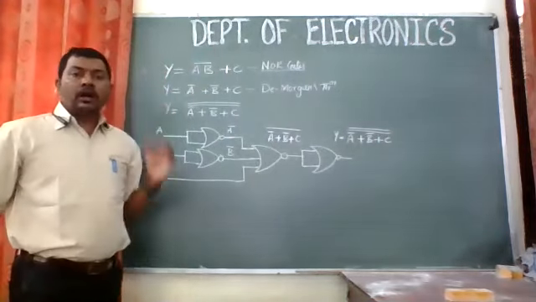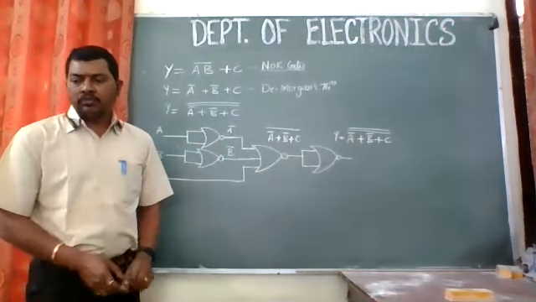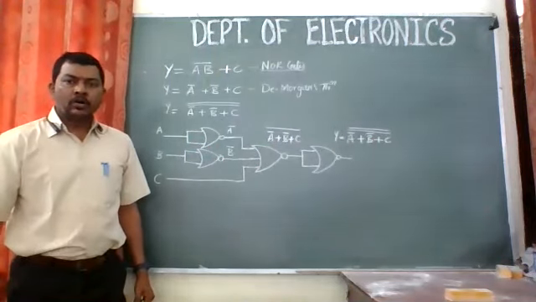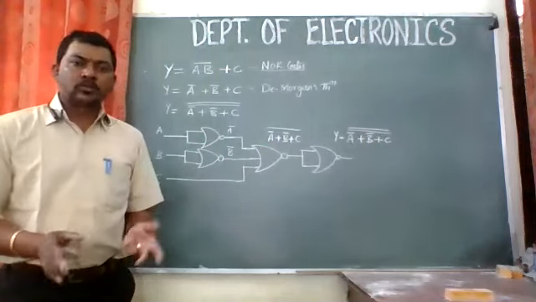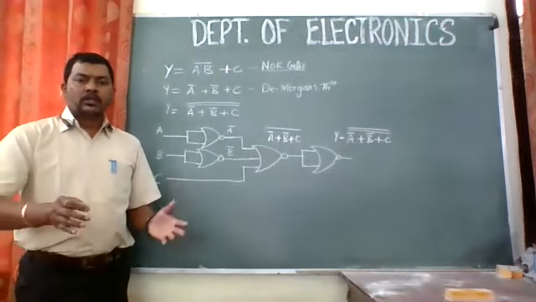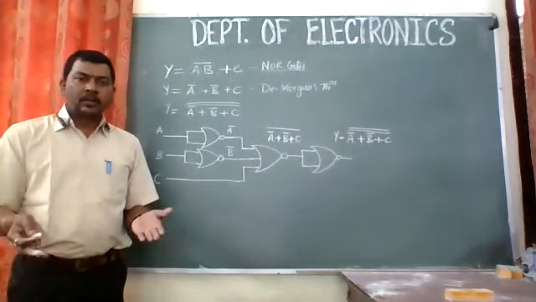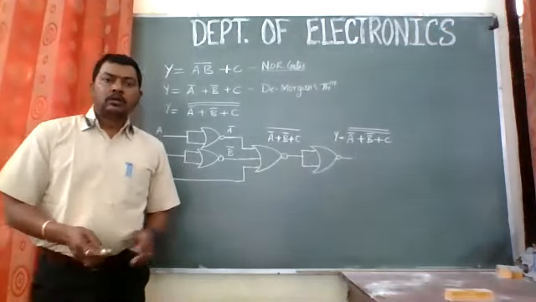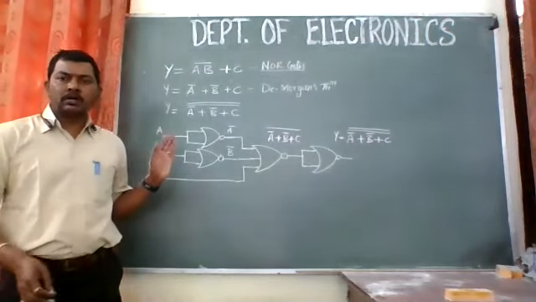So remember, we need to implement this circuit by using NOR gate only. Have you understood? If you have any quick questions, you can ask me on that. Or you need to draw the circuit in your copies, so start preparing notes on that so that you will be having these notes also. Let's have any questions. If you have any queries on this, we can discuss that. Do you have any queries? Have you understood how I did this?